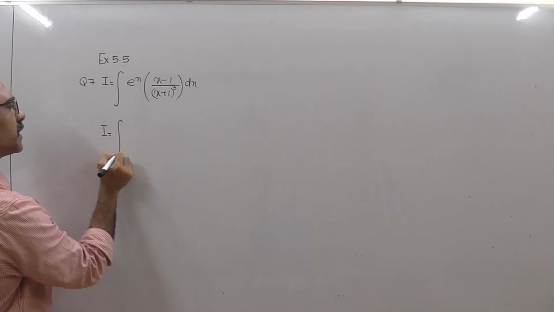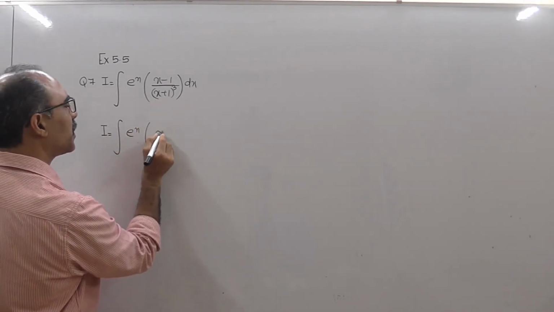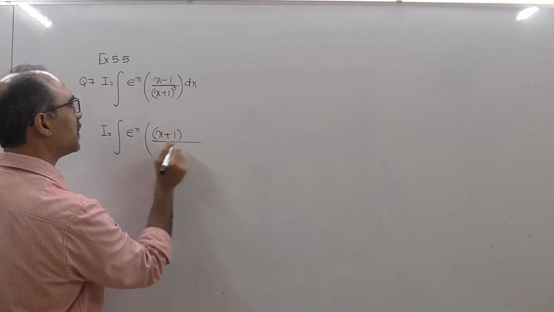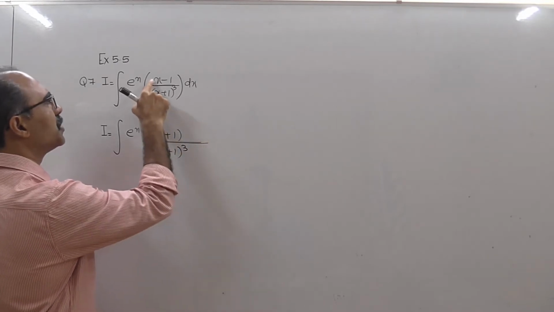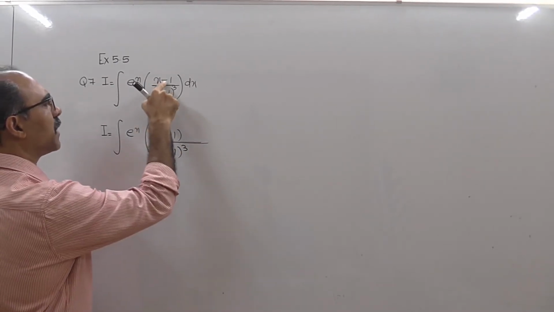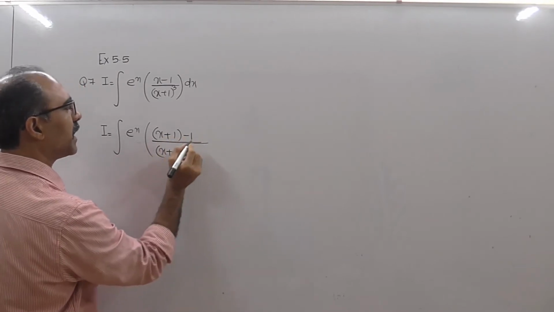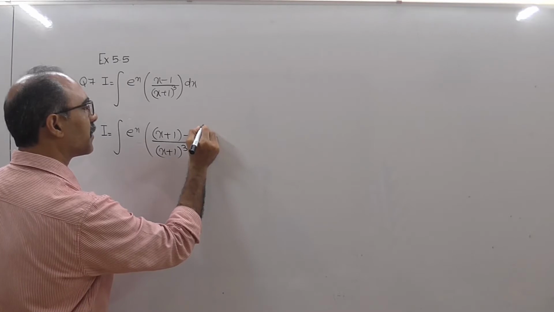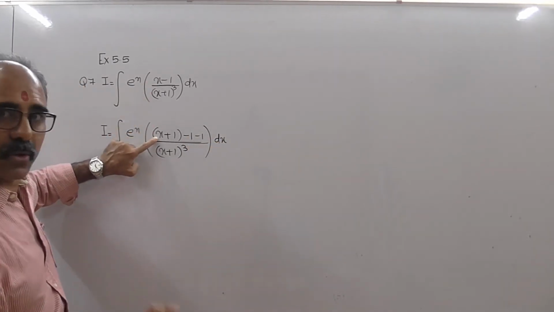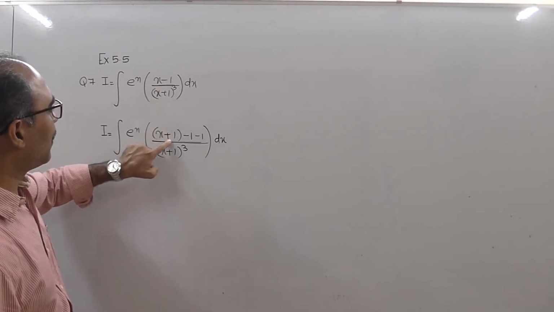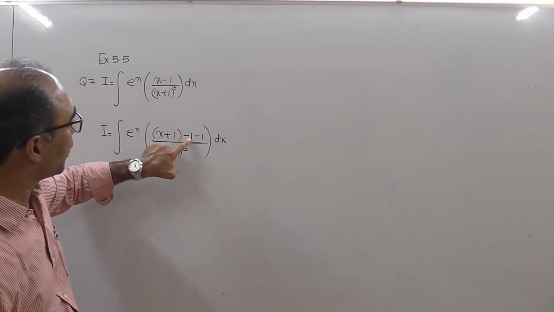I equal to integration e raised to x. जो डिनोमिनेटर में है वही न्यूमरेटर में कॉपी करो. So I'll copy x plus 1 in the numerator and denominator I'm copying as it is. Now originally I had x, I have written x. This is minus 1, I have written some other number. So plus 1 को rectify करने के लिए you write minus 1 and then you write the original number. I'll repeat. x था, x लिखा है, तो no problem. ये minus 1 था, I've written some other number. What is the number I've written? Plus 1. तो plus 1 को rectify करने के लिए you write minus 1.